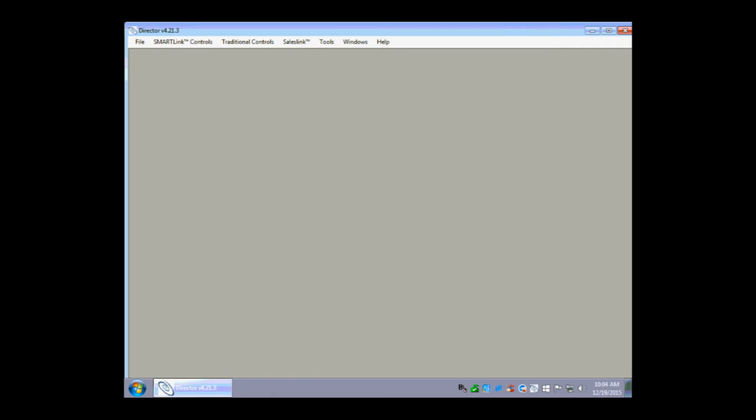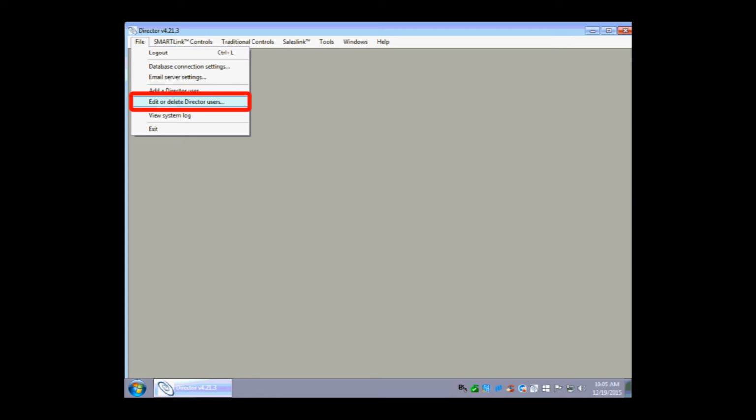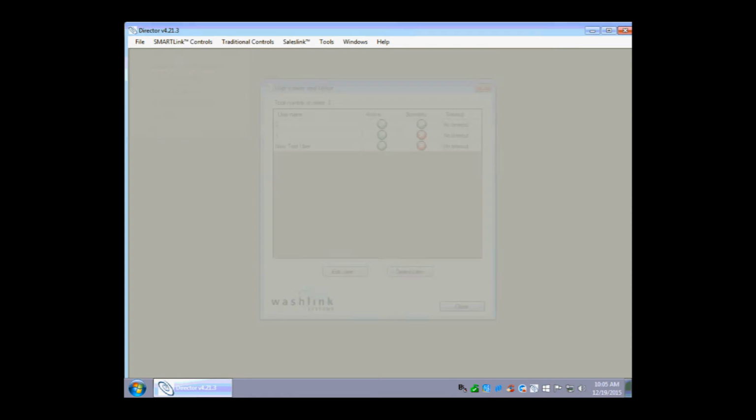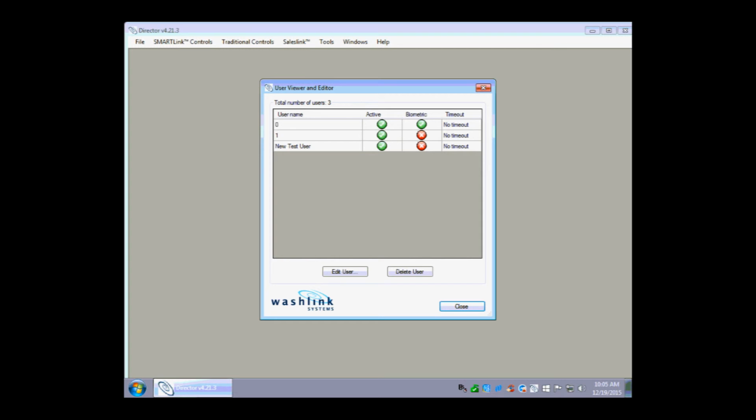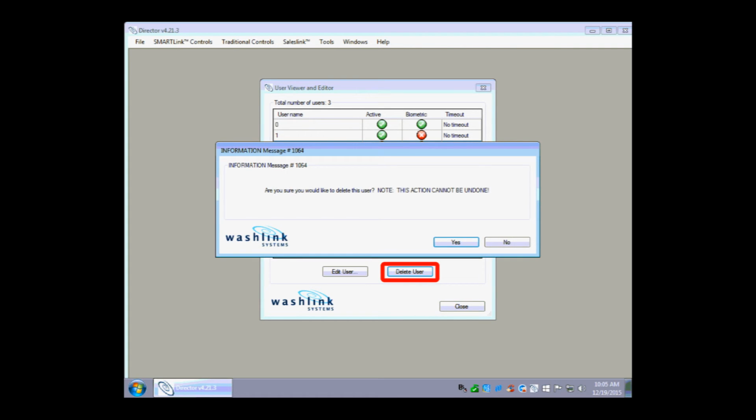Our final step is to delete a user. Go to File, scroll down till you see Edit or Delete Directory Users. We again are going to use the User Viewer and Editor screen to delete the user. Choose the user you want to delete, and highlight it. Click on Delete User,